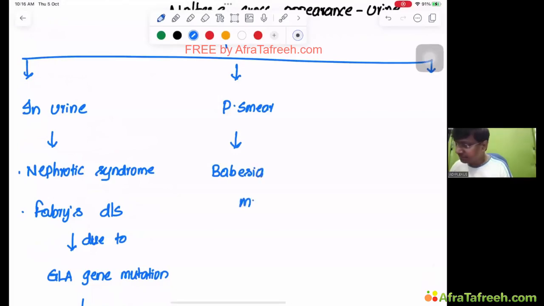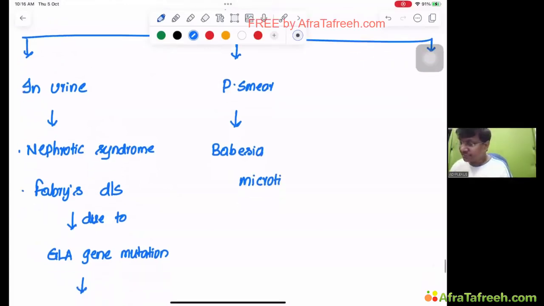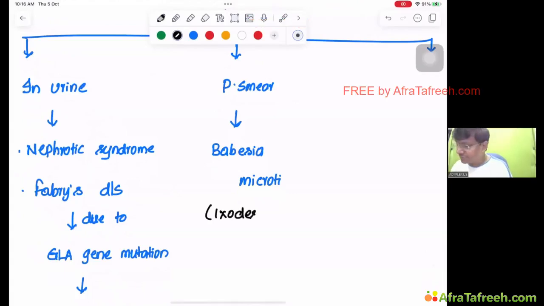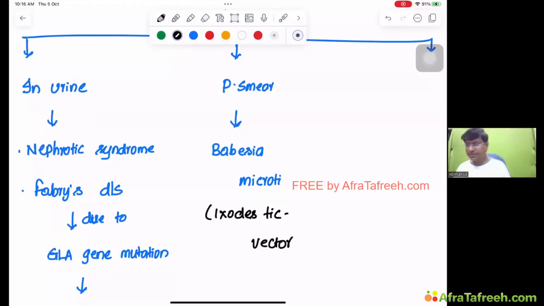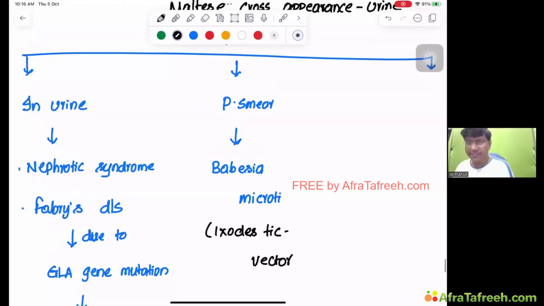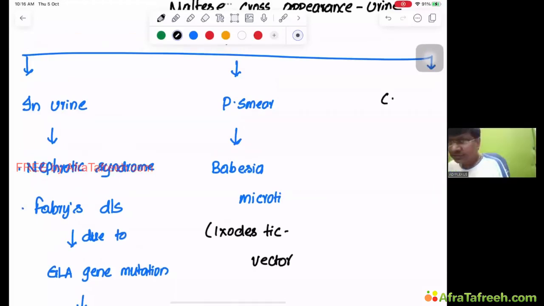Babesia microti. It's an infection, right? What is the question asked on this Babesia microti? What is the vector which will transmit this Babesia? That is Ixodes tick. That is a vector, right? So Maltese cross in the peripheral smear, you see that in case of the Babesia microti, whereas the CSF sample